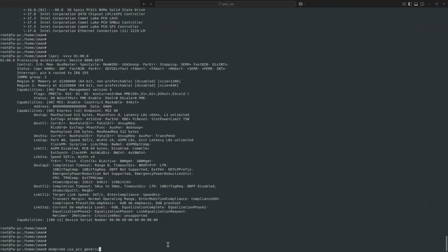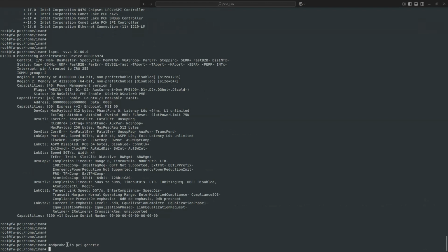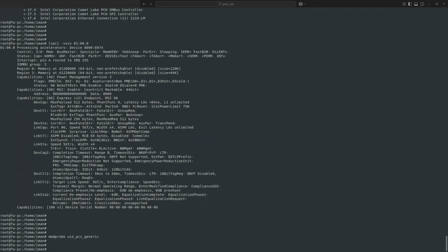So first I run this command. It will load the UIO PCI generic driver, and then I should bind my device to this driver. To do that, you can see the driver documentation on how to bind it, but I will show you now.